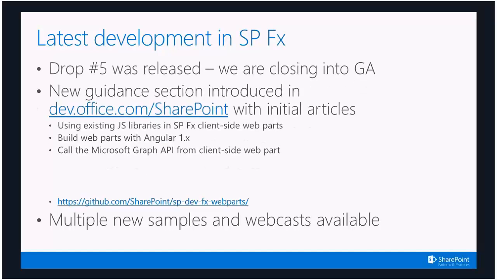So drop number 5 was released, like mentioned, a few weeks or 1.5 weeks ago. We are closing in on the GA. GA means general availability. It doesn't mean that the GA will happen within weeks. It will happen, however, relatively soon. So you will see less and less changes on the framework in the upcoming drops, which means that we're heading closer and closer to the moment when we're going to release the SharePoint Framework, the client-side web